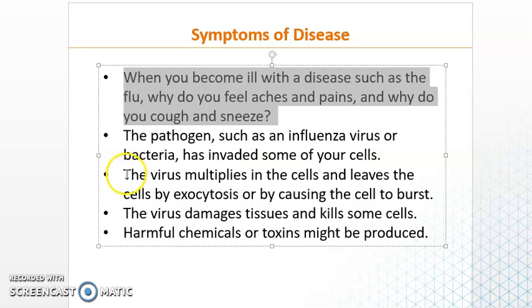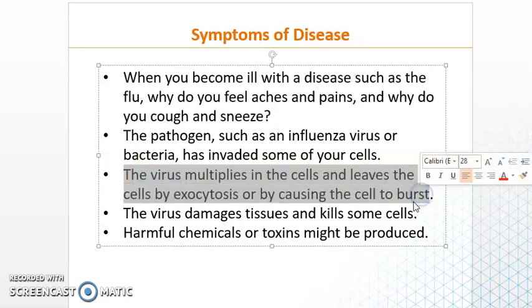Let's talk about viruses first. If the virus enters the cell, it will multiply inside the cell. As we know, the viruses cannot multiply on their own. They need an organism to multiply inside. Otherwise, they are not able to multiply. So the virus will enter the cell and multiply inside the cell. Now it needs to leave. During this time, we don't feel any symptoms because the cell is still working. But instead of working as a normal cell, it's now a factory for viruses to multiply inside.